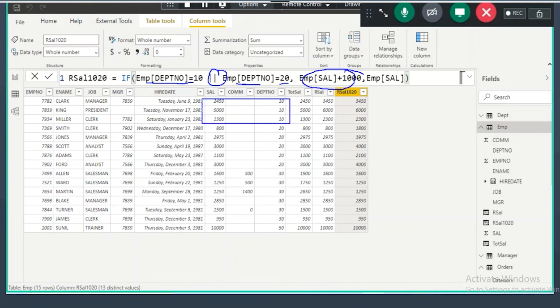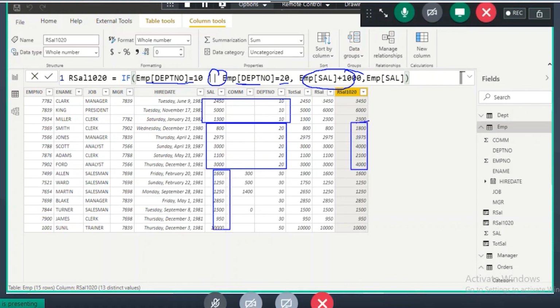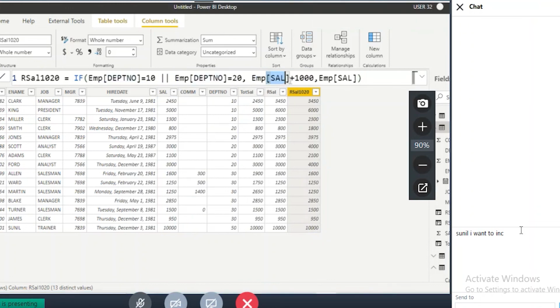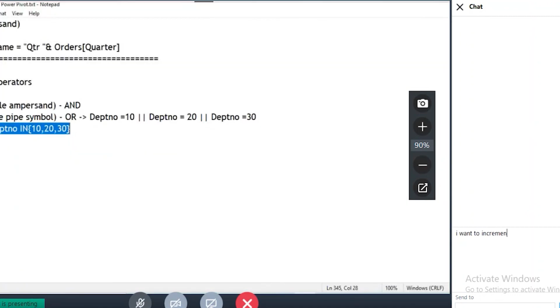If you go and see, the 10th department got incremented salaries, and the 20th department got incremented salaries. Other than 10 and 20, you'll see the same salaries. So when either one of the conditions is true and you want to do something, you need to use double pipe, guys, the OR operator, and when both the